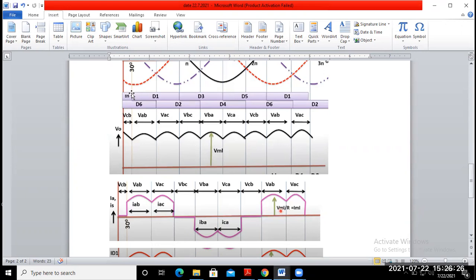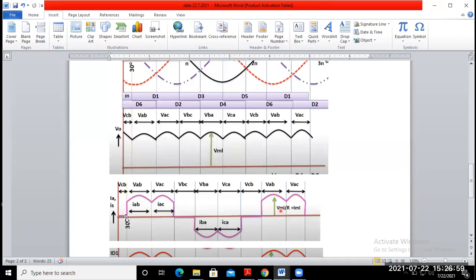From this waveform you may observe up to this point, that means 30 degree, which one is conducting? Diode 5, no? So after 30 degree to 150 degree, diode D1 conducts. So if you want to find the current across phase A, phase IA, then up to 30 degree, it does not conduct. So the current from 0 to 30 degree is 0.